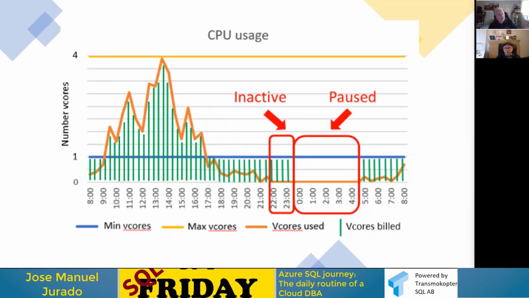As we mentioned about serverless, basically it's very important to know this. If during 1 hour the database didn't receive any connections, the database will be in pause. We are not going to charge, and we are going to start to charge when we receive the first connection. What does that mean for the first connection?